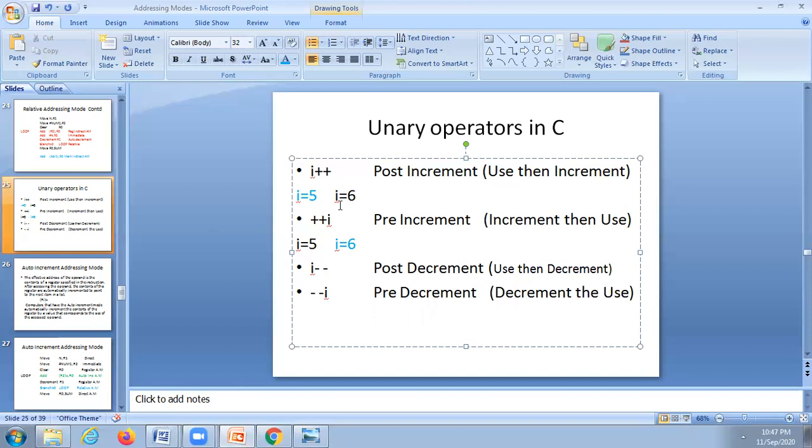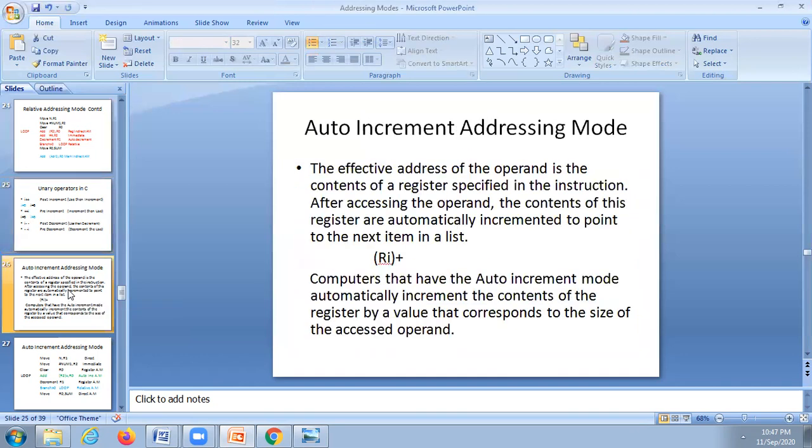In the case of auto increment, we use the first one, and in the case of auto decrement, the last case will be used. This is the auto decrement addressing mode.